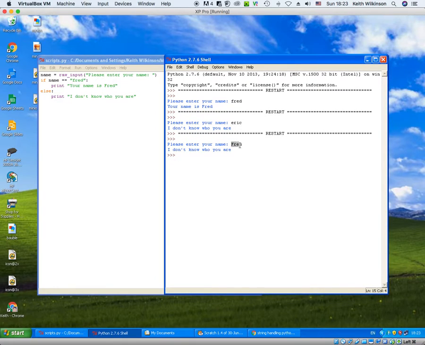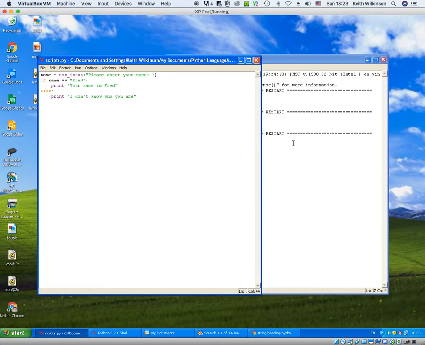This time I have typed in Fred with a capital F, and I've compared it with Fred with a lowercase f. So if I do that here in the shell, Fred is equal to Fred lowercase f, the answer is false. And that's my problem, because people, when they're typing in, when we're asking them for a string and